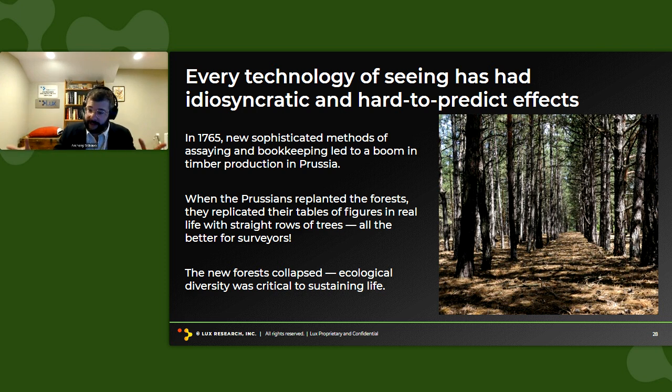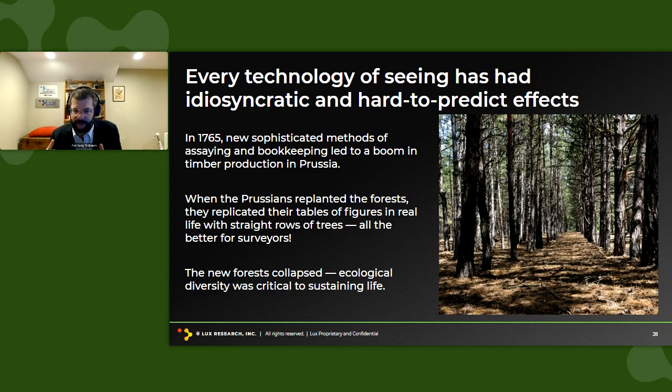It's great. And then they had these spreadsheets. They said, hey, we have so many hectares of forest. We need exactly this many tons of wood. We will plant in clean, structured rows exactly enough trees to meet our long-term production forecasts. And they transformed the forest into this structured object that matched the bookkeeping tables and became very easy for them to survey. But then in about 100 years, these forests ultimately ended up collapsing and dying because